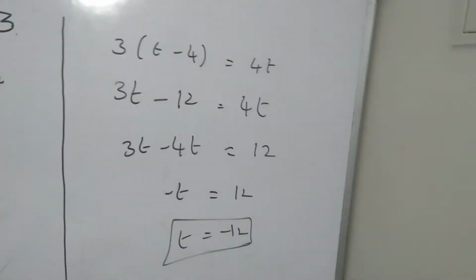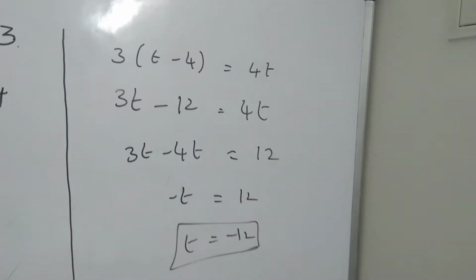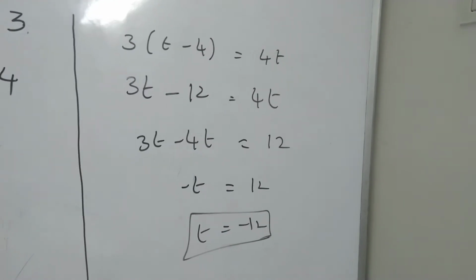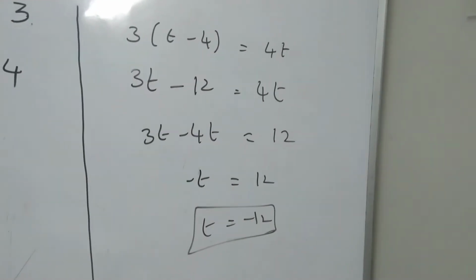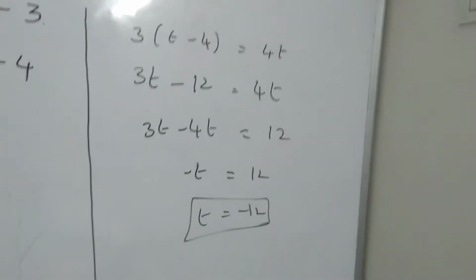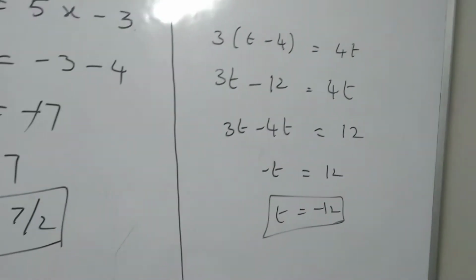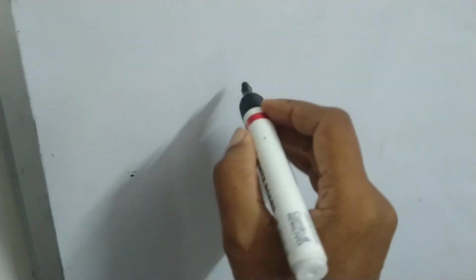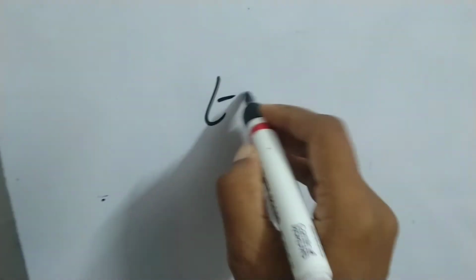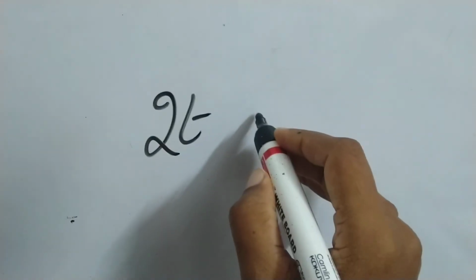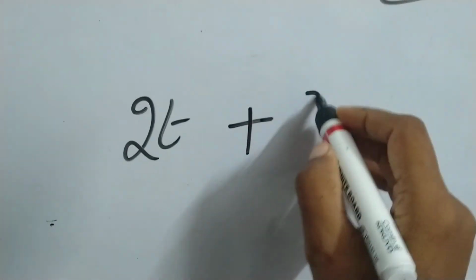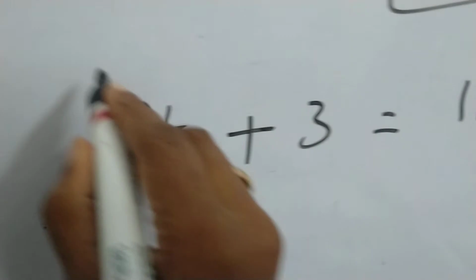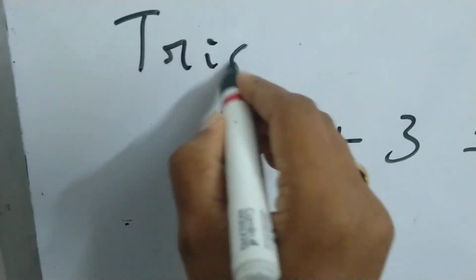So, before I go to the exercise, I thought let me clarify these doubts. And the last one, what I wanted to discuss with you is the trial and error method. Of course, most of you have done very perfectly, but still I wanted to show because a few of you have done some mistakes. Like suppose 2t plus 3 is equal to 11. So, this is for trial and error.